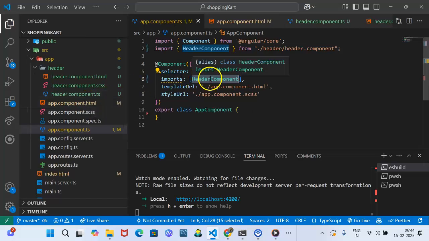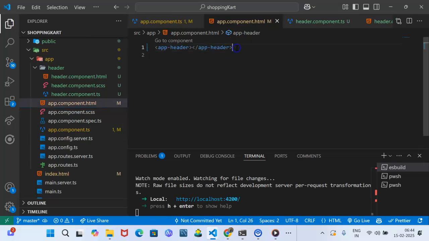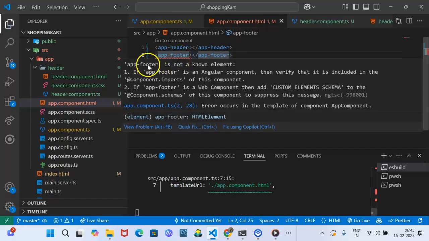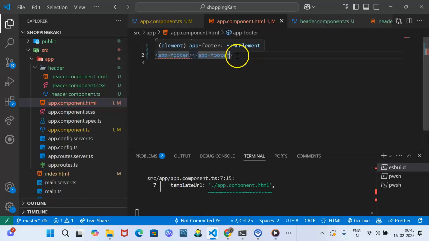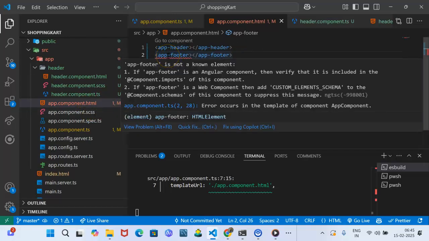If we create any other footer component, you want to use the footer selector here, app footer, like this. I'm saving now. See, one error we got. App footer is not a known element because we didn't create the app footer selector component. If you use this component like this,